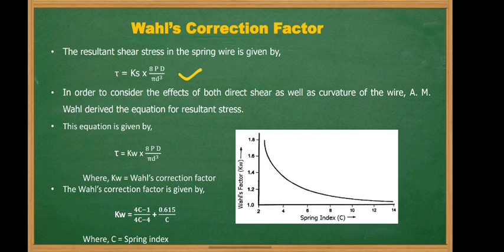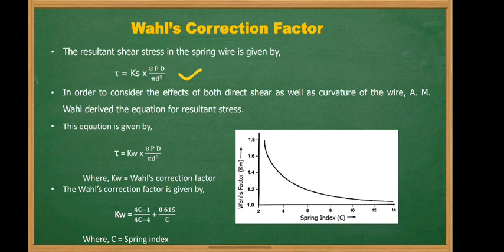When a wire is bent in the form of a helical coil, the curvature of the wire increases the shear stress on the inner surface of the spring and decreases it on the outer surface of the spring. Due to the different magnitudes of stresses induced on both surfaces, stress concentration results at the inner surface. So in order to consider the effect of both shear as well as curvature of the wire, A.M. Wahl